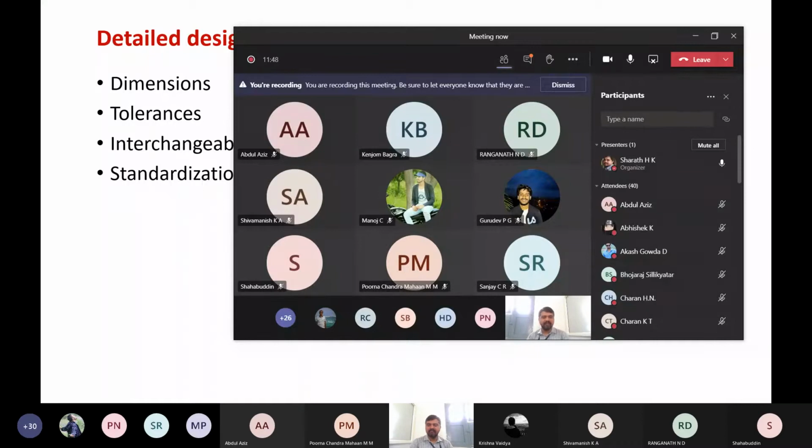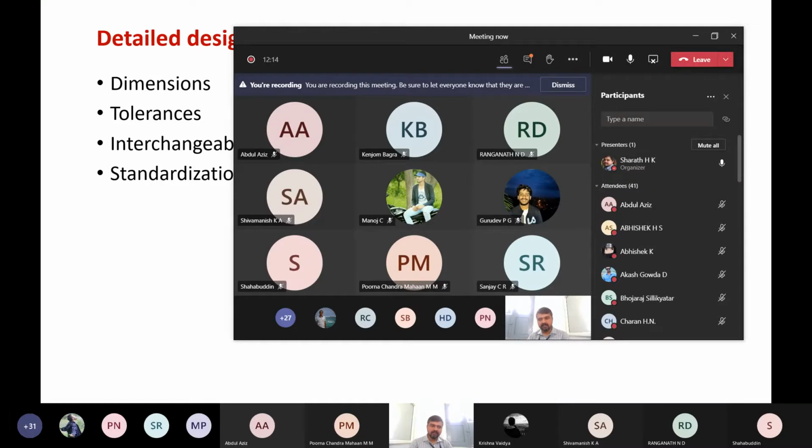That means if you want an M8 nut and bolt, you can choose it. That is a standard component. If you don't standardize, the problem is that once again, as a designer, you have to design nuts, bolts, and washers also, and then you have to fabricate them. That requires additional effort. That is unnecessary also.